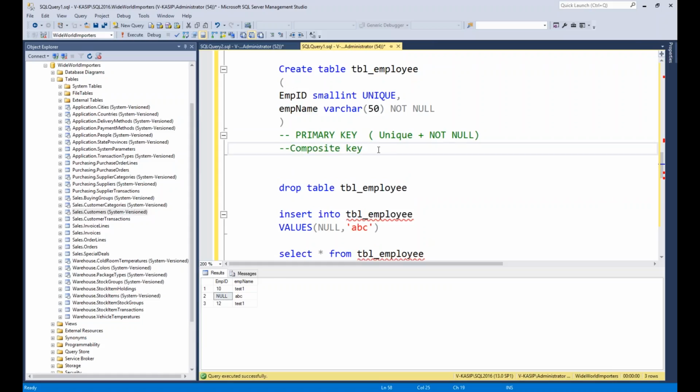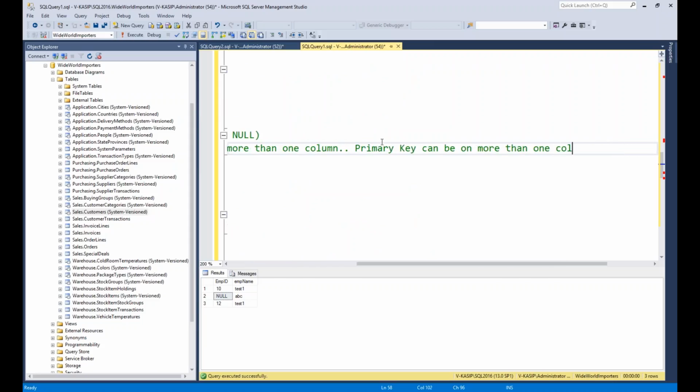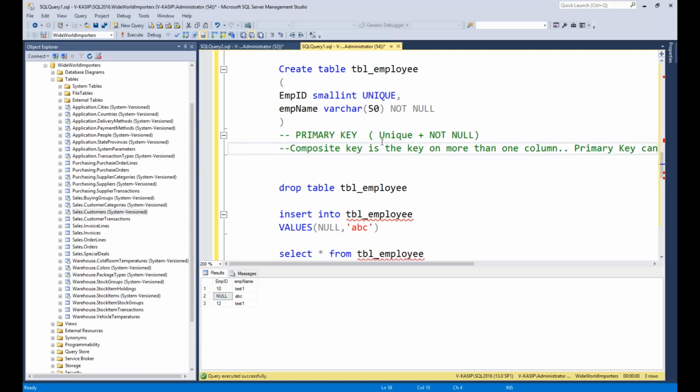A composite key is a key on more than one column. The primary key can be on more than one column. Is it clear? Okay. So here also, instead of unique, you can give the primary key like this.